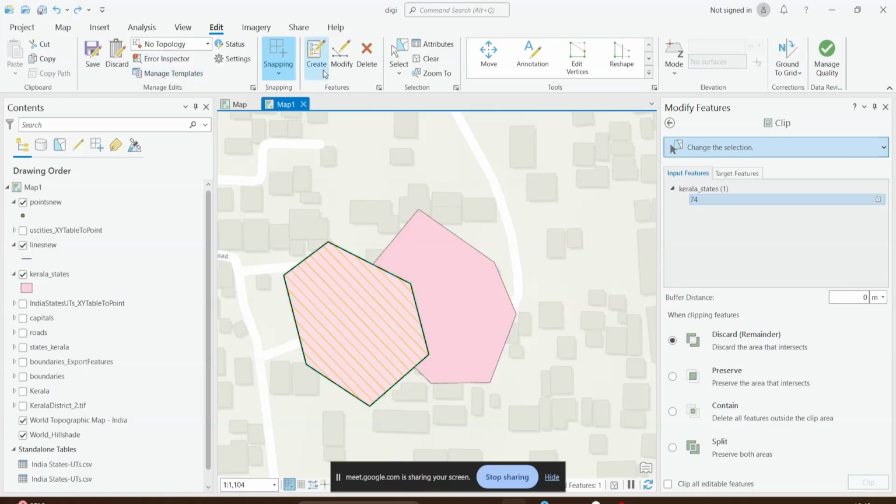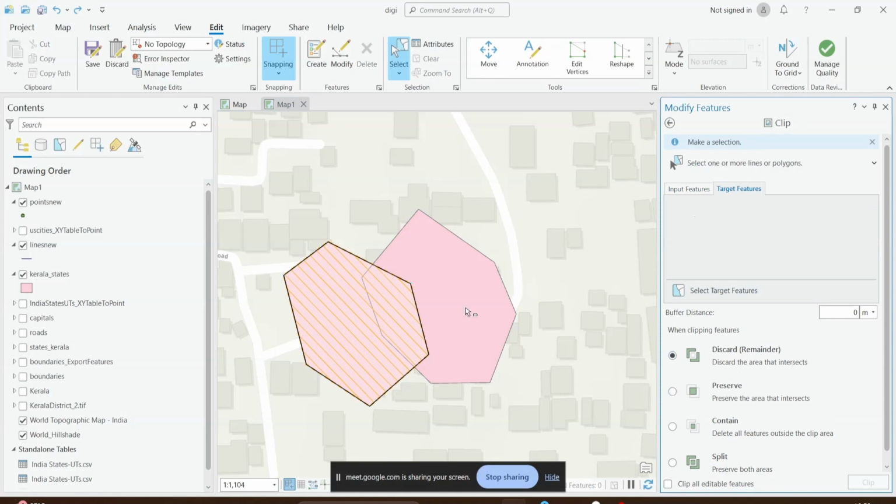I'll just undo it. Yeah, see, it was like this before. But after I had done the clip tool with the discard, it actually removed those things. Similarly, I can set it for my